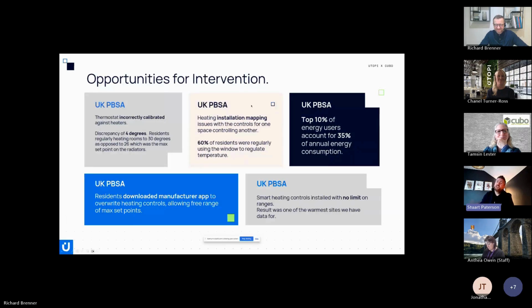Thank you. So when I'm asked to run through some of the insights and some of the stuff we do, I find it really difficult to narrow it down, because the data can tell so many stories, and identify so many different opportunities for intervention. But I just wanted to give a couple of examples of the things that we see very quickly in assets once our technology is installed in them.